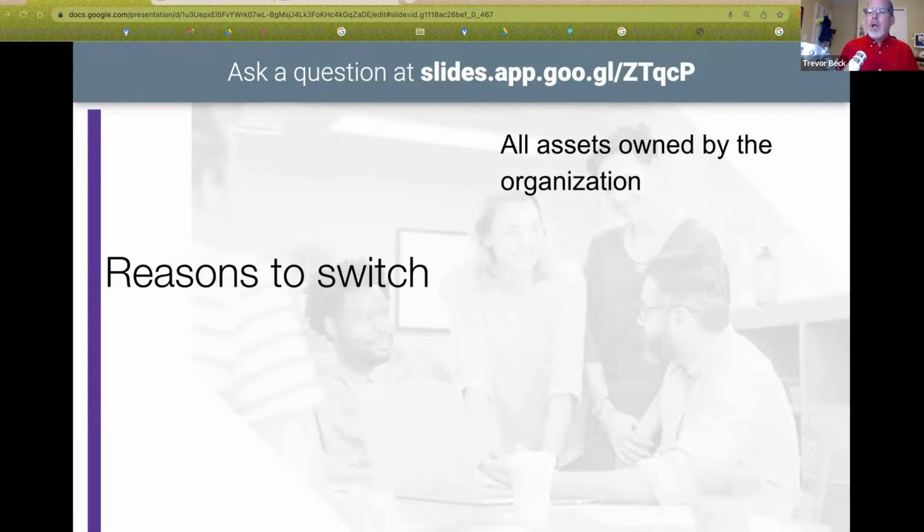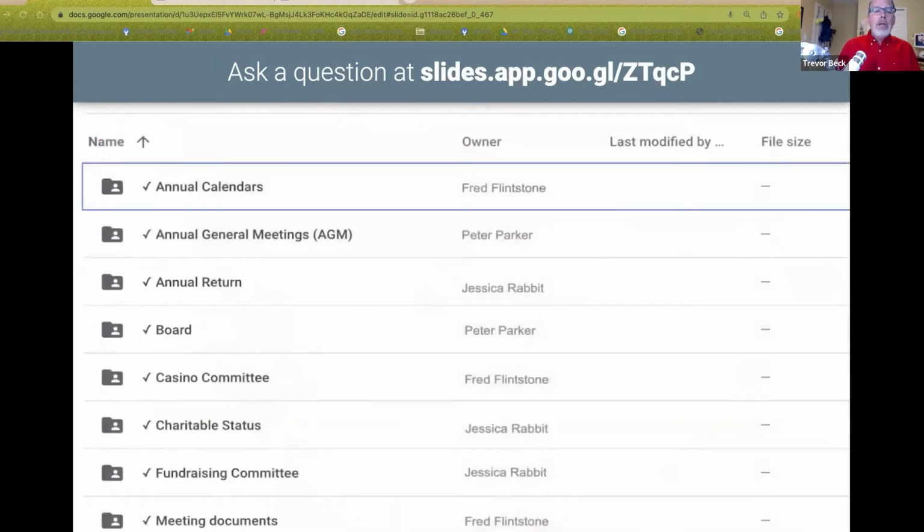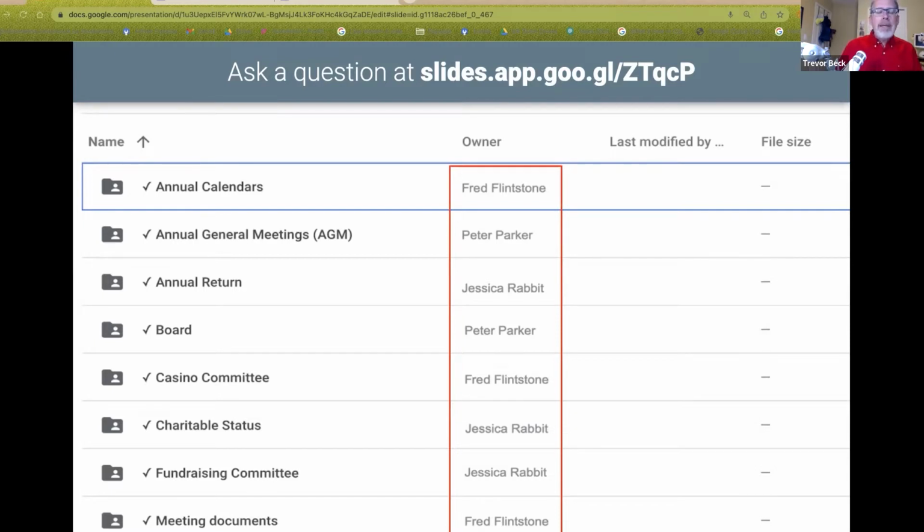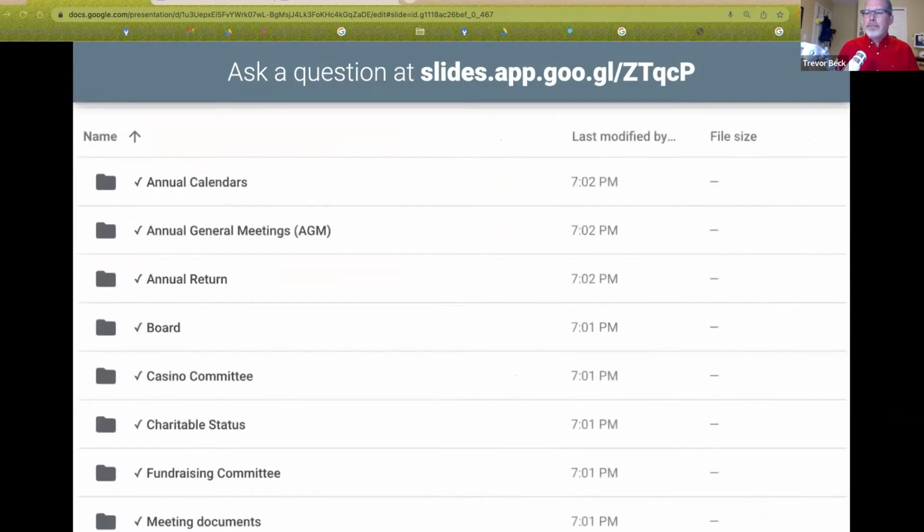So the first thing is, when used properly, all your files are owned by the organization, regardless who created them. For those of you that are using a personal Gmail account and creating folders, you'll have a shared folder there and other people will be putting files in there. When you're using that shared folder, the creator remains the owner. So when the owner deletes a file, everyone loses access and the files are often lost and gone forever because the files belong to whoever created that. That's using a shared folder.